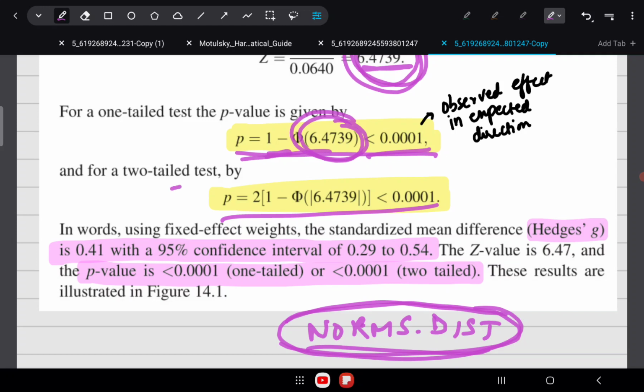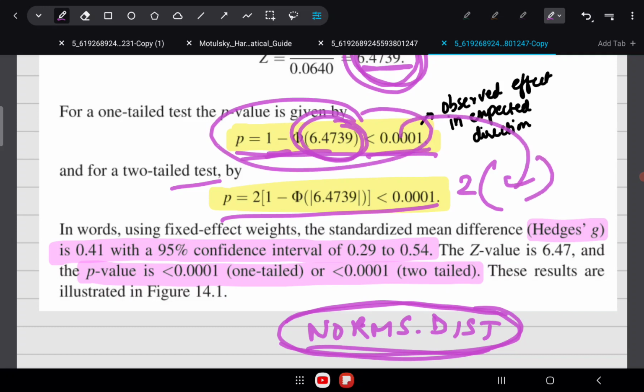And if you want to compute the two-tailed p-value, it will be nothing but 2 into this whole thing. It will be just double of this one-tailed p-value, and this is the one-tailed p-value when we made the prediction in the right direction. So it will be very small. I forgot what the normal distribution for this z statistic was. You can do it in your Excel. It's very small actually. So you'll get the individual p-values.